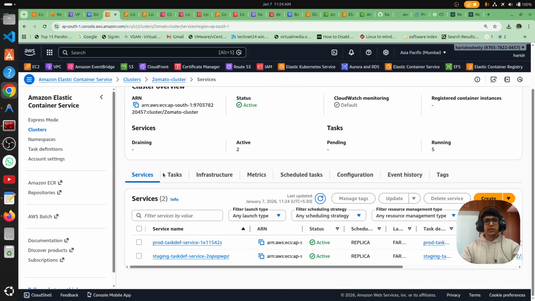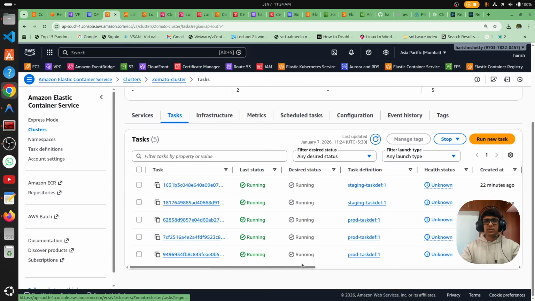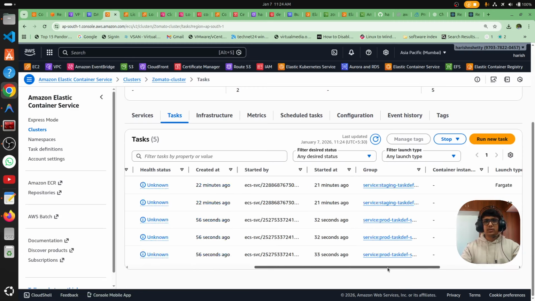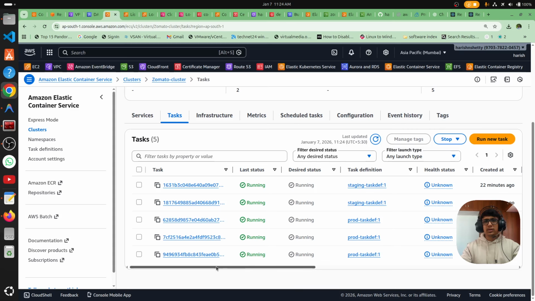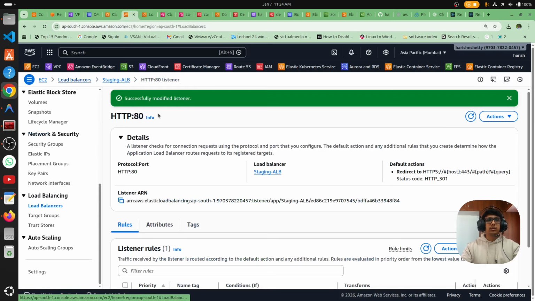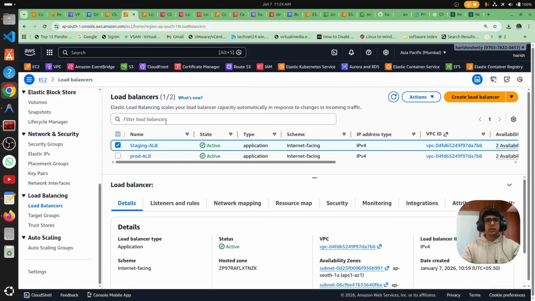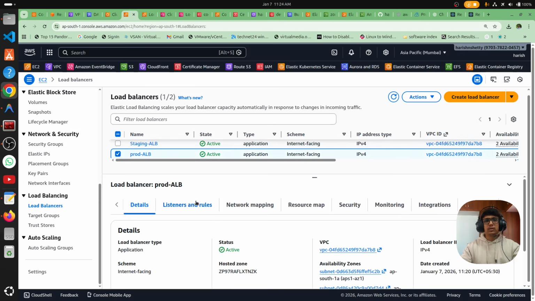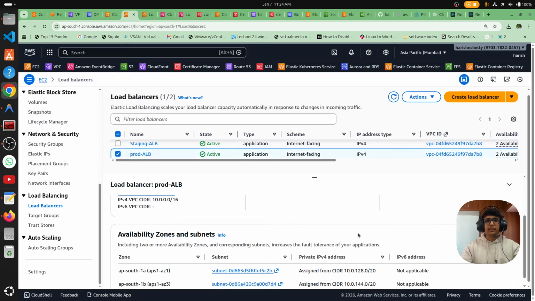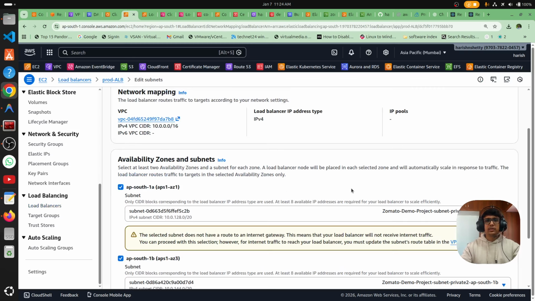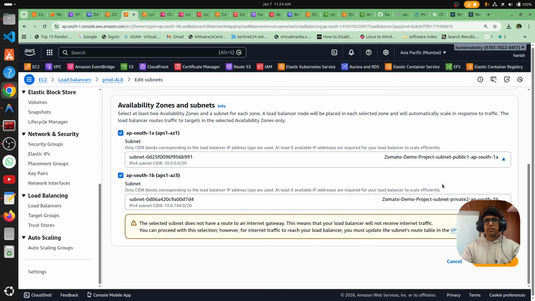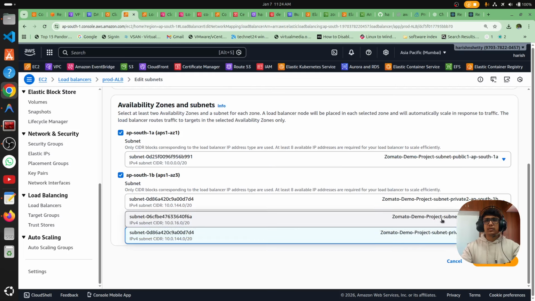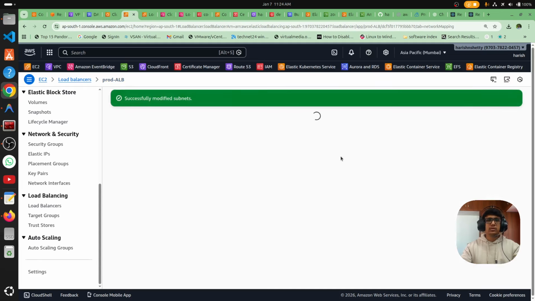Yeah, the service is created, and the 3 containers are up and running. Let's move back to the load balancer, and now select the prod one, and in network mapping, edit subnets, select the public ones, both, save changes,